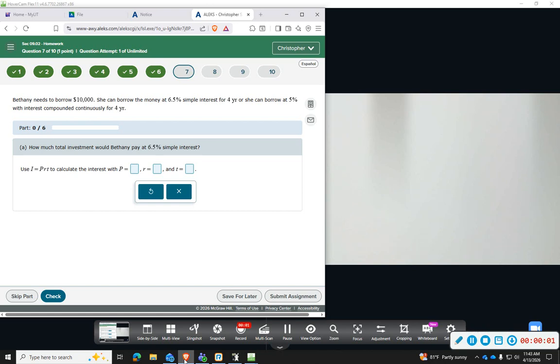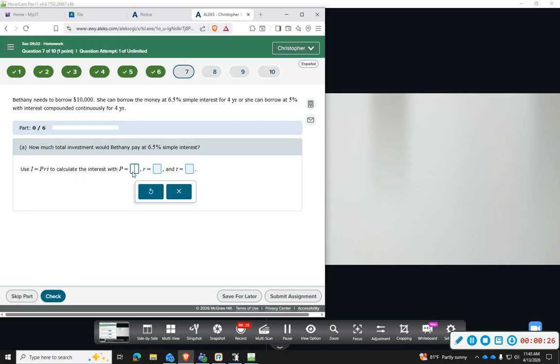All right, number 7, it says Bethany needs to borrow $10,000. She can borrow the money at 6.5% simple interest for 4 years, or she can borrow at 5% with interest compounded continuously for 4 years. And so we're going to use the I = PRT, which is the simple interest formula, to calculate